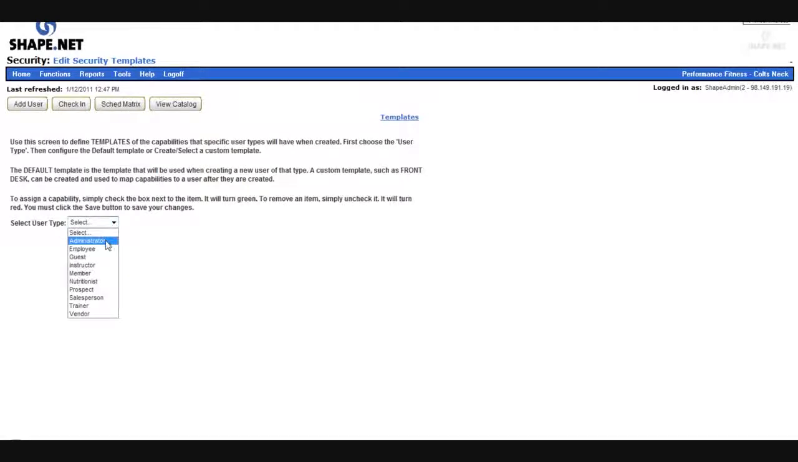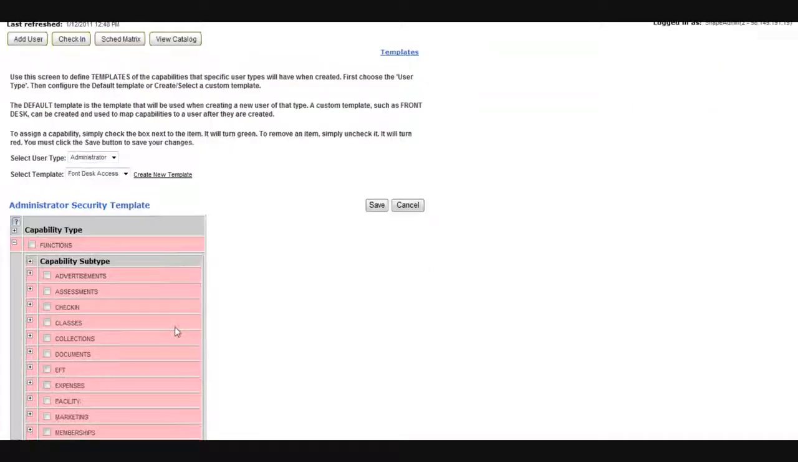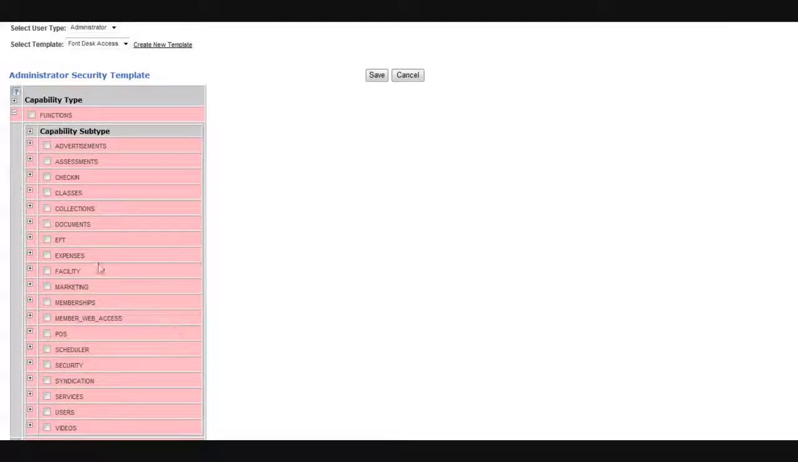Once again, we're going to drop down, select Administrator. Select default template. So right now I want to select the one I just created, which is Front Desk Access. And the way that we create these templates is by expanding these plus signs you see over to the left. So I'll click on these. It's going to open up a few different categories for me, and you'll notice there's quite a few different expansion